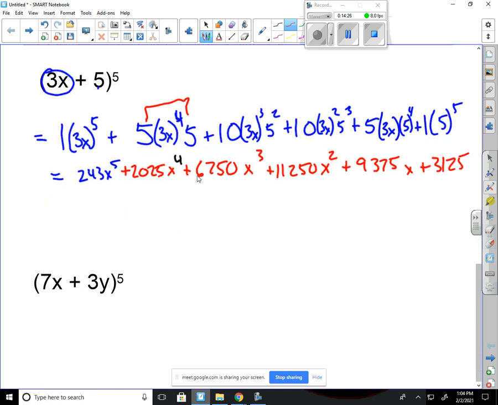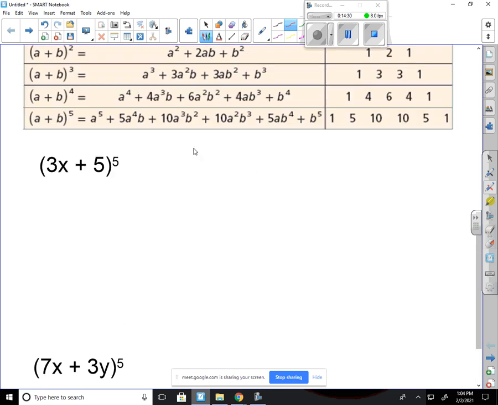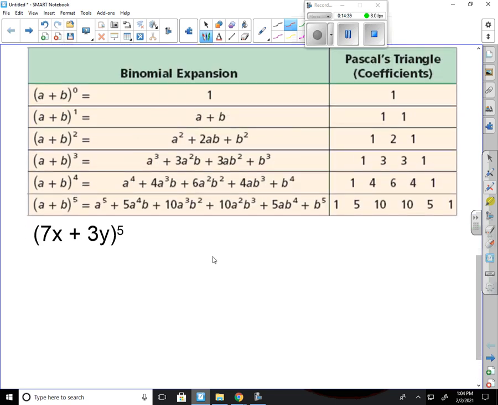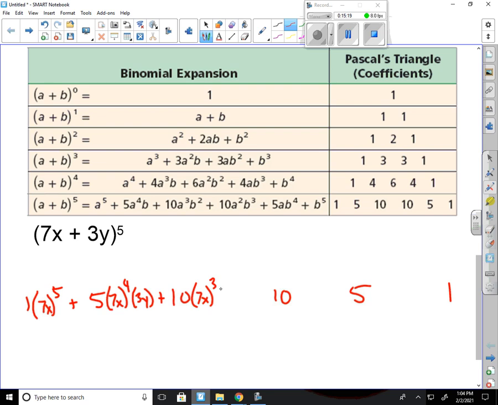All right, we're going to do one more to practice. And it's this one. It's going to be a monster because we have to the fifth power again. And then we have 7x and 3y. So that means that I'm using the fifth one again, which is 1, 5, 10, 10, 5, 1. This is going to be 7x to the 5th power and no 3y plus 7x to the 4th and 3y to the 1st plus 10 times 7x to the 3rd, 3y to the 2nd. It was 3y to the 1st, now it's to the 2nd, plus,